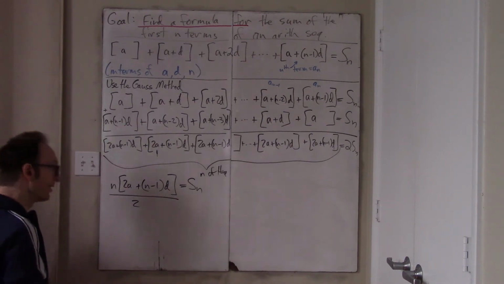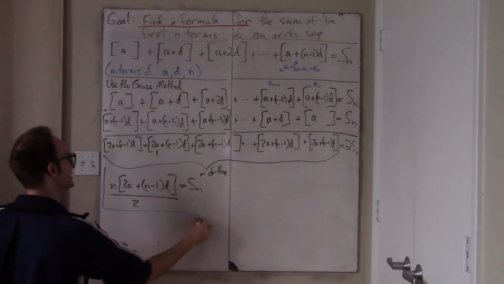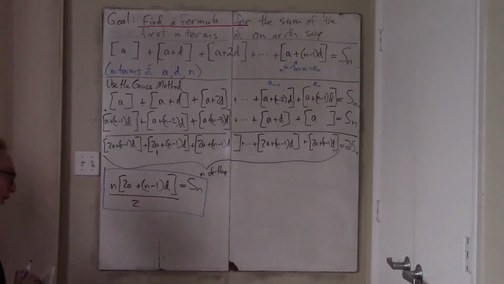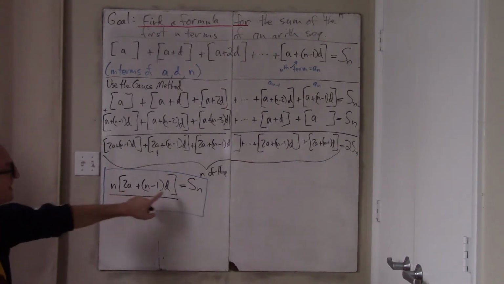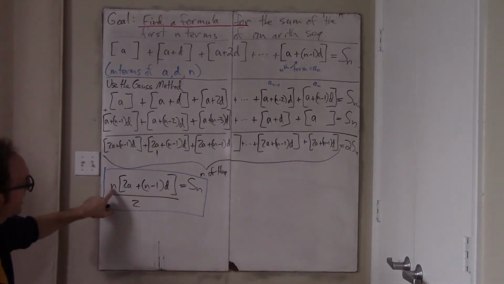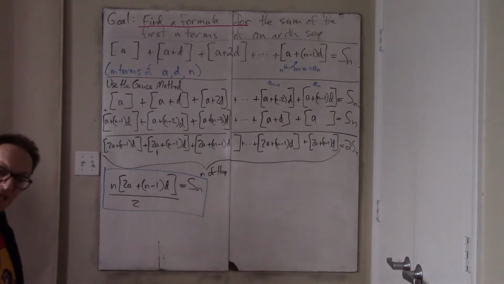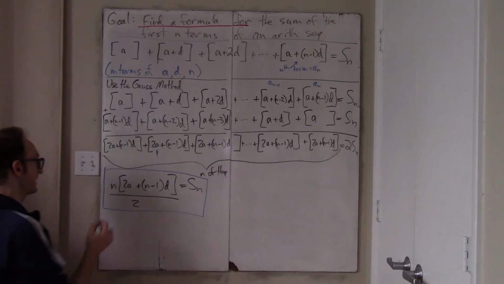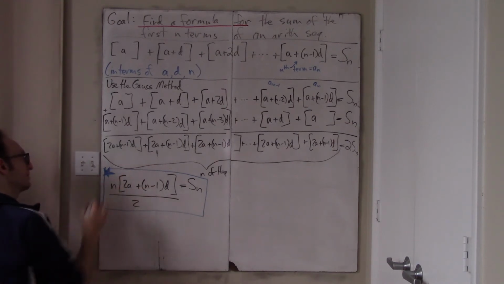Okay, so this is sort of amazing. What have we just accomplished here? We've accomplished exactly what we wanted, which is a formula that will tell me, in terms of a, the first term of the sequence, d, the common difference, and n, how far out you're going in that sequence, the sum of the first n terms of that arithmetic sequence. I'm going to put a star here, because I think this is the real formula. And this is the formula you should know and understand.